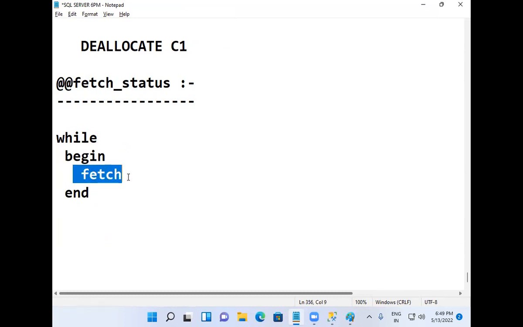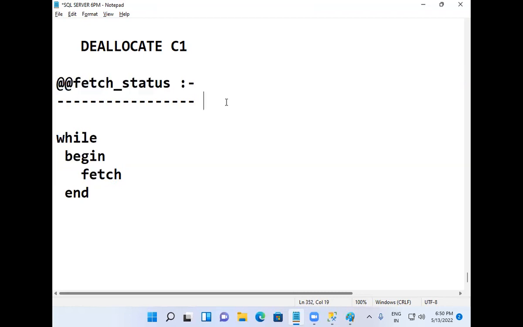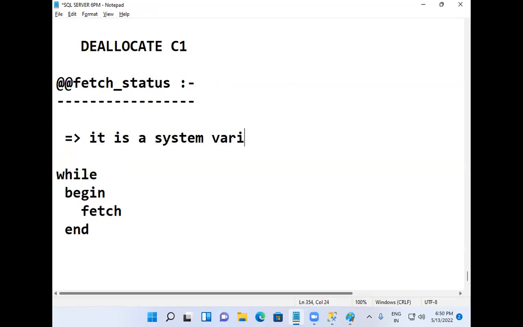Fetch successful means the record is there, so fetch it and continue. Fetch unsuccessful means the record is not there, so then stop. But how do you know whether the fetch is successful or not? This is given by fetch status. Fetch status gives whether the fetch is successful or not. So what does fetch status return? It is a system variable that returns